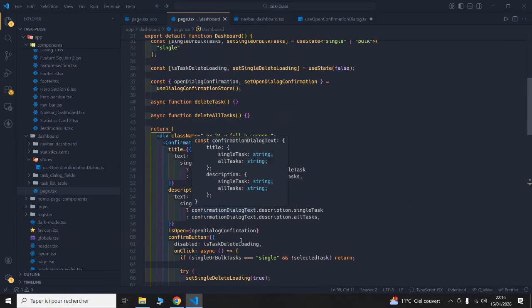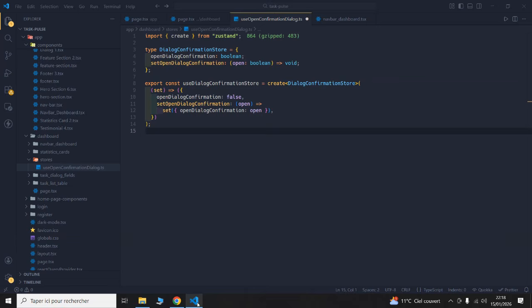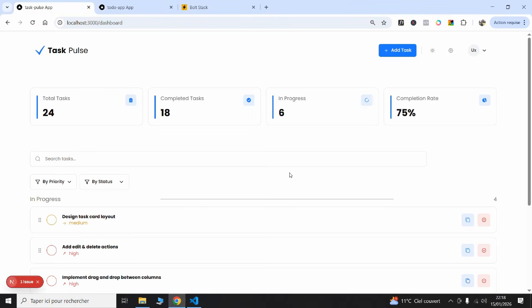So now what I'm gonna do... We have this error, probably because I didn't save the file. So let me save the file. And again, let's go back to our project, and the error is gone. So now what I want is to click on this button to be able to open up this dialog. To be able to do so,